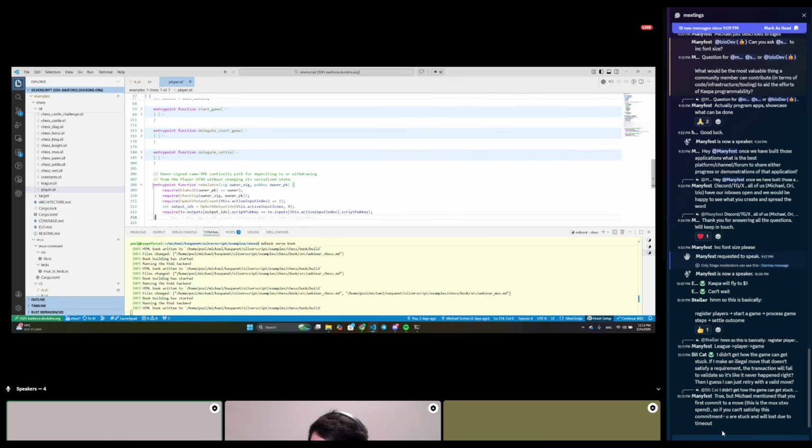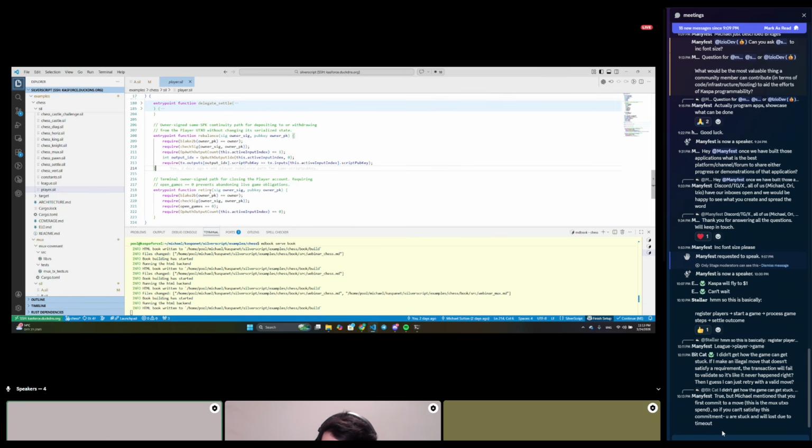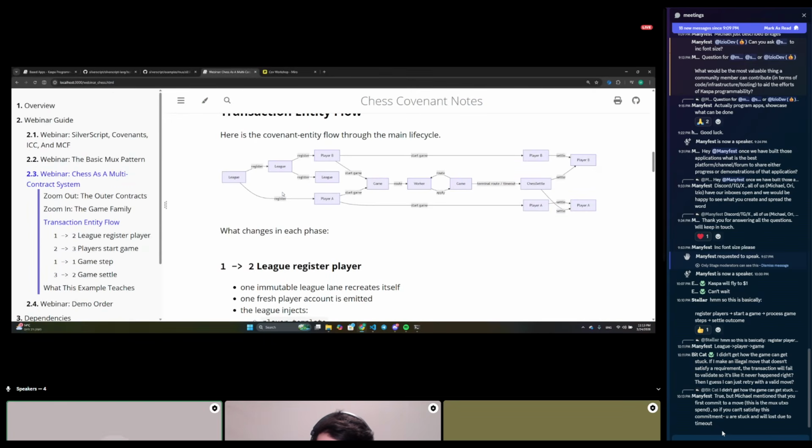And then a few utility functions, like I want the owner of a player UTXO to be able to change the value of the Kaspa in it. So it's just a rebalance, which doesn't look at the value, but verifies a signature. And the player can retire only if he has no open games. That's how we make sure that no one can just abandon the arena without paying the price.